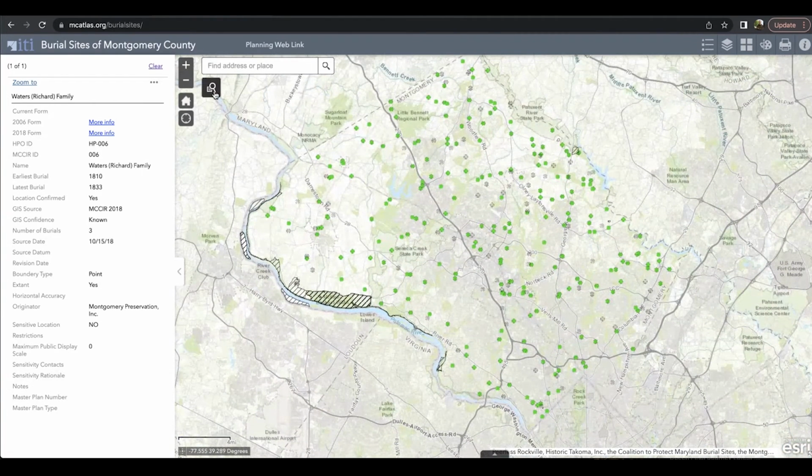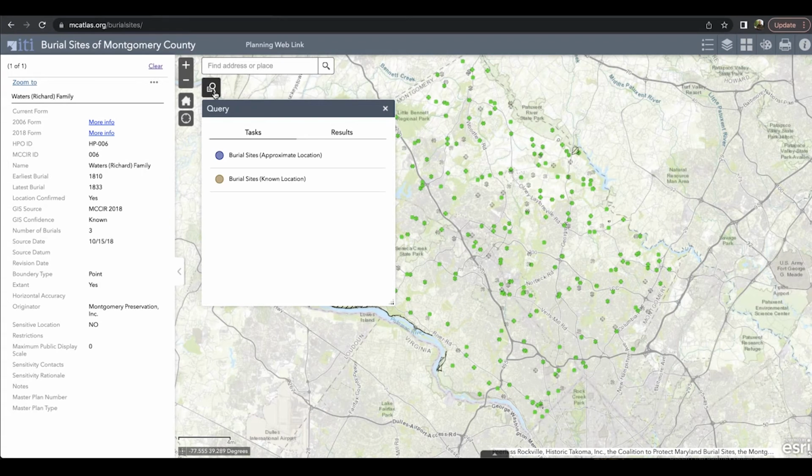But we do have a search by name tool for the burial sites. The one hitch is that because we have different display scales for known versus unknown cemeteries, they're in there as two different layers. So you have to search by